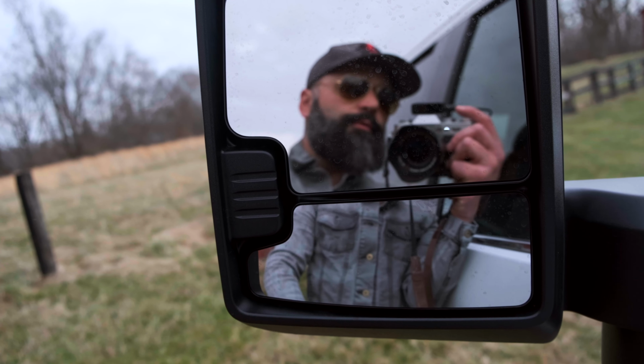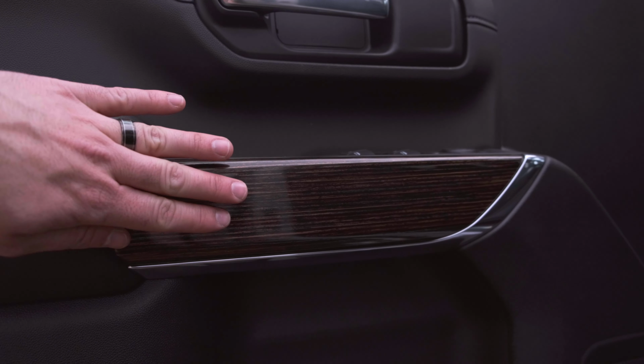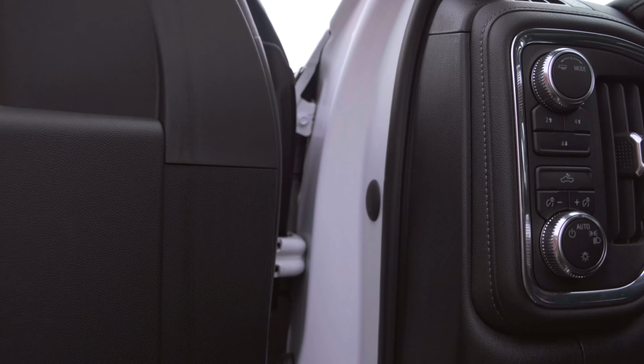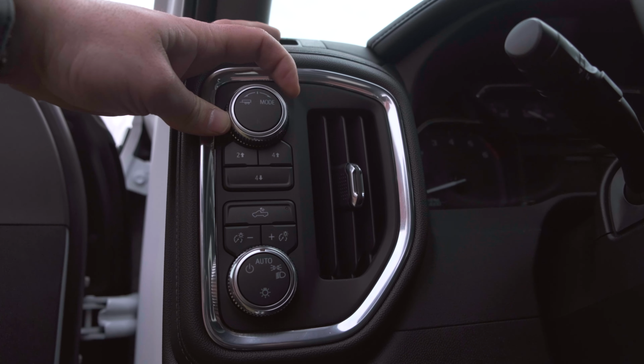So these are very helpful. Okay, here's where the GMC side comes. We get fancy wood accents in our truck, because you've got the luxury truck now. Got your mirror controls and window controls. Over on the left side of your steering wheel, you turn this knob to the left to put it in